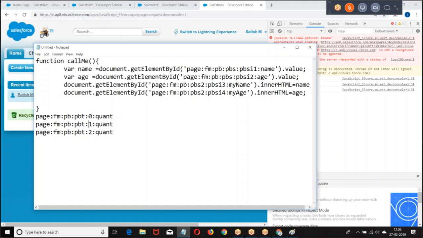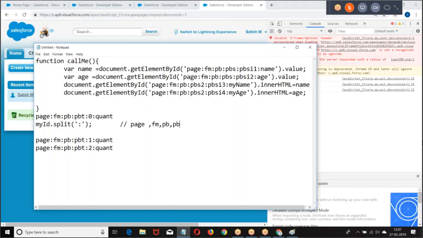So how do you do that? Split this. Now how are these elements separated? Elements are separated by colon, right? So I told my id dot split. When you split based on colon, you are going to get page, form, page block table, 0, page, form, page block table, 0, 1.